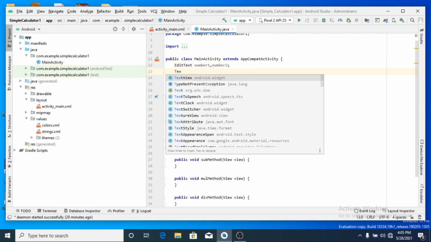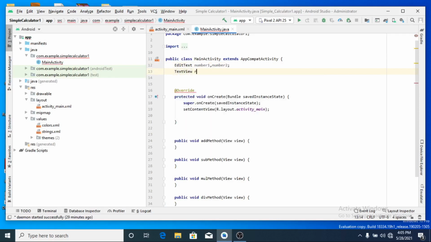Then I want a text view, correct? Yeah, for what? Result display. I give the name of the variable as result display. I'm not bringing the button into the action here, because of the simplest reason: I am not using an on-click listener. If you are using an on-click listener, then you have to use buttons here. Otherwise, that attribute I am using to write the function, correct?